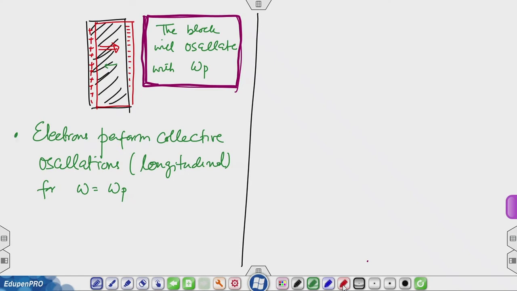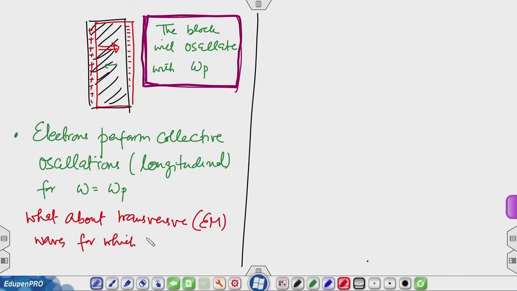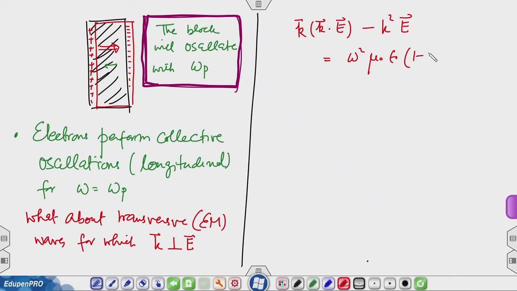What about transverse waves? That is EM waves for which k is perpendicular to E. So, again you go back to this equation that we had: k dot E minus k square E equals omega square mu 0 epsilon 0 times (1 minus omega p square over omega square) E. This gives you k dot E is 0, because k is perpendicular to E, and therefore,